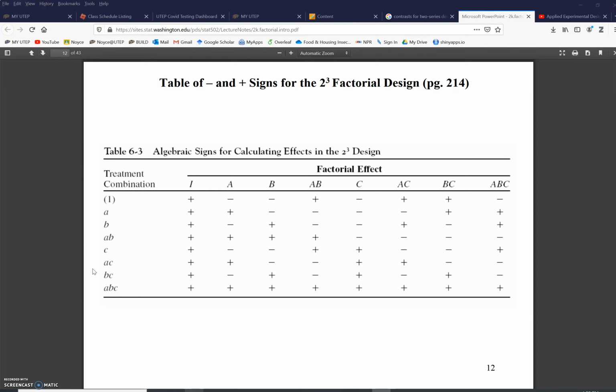So then the negative block would be those remaining terms, the AB interaction, the AC interaction, the BC interaction, and the grand mean. So that comparison of if block 1 is the positive terms, and block 2 is the negative terms, then the contrast required to estimate the interaction that